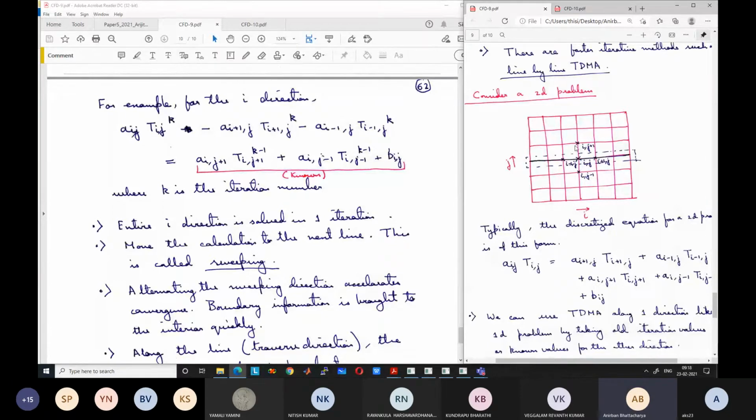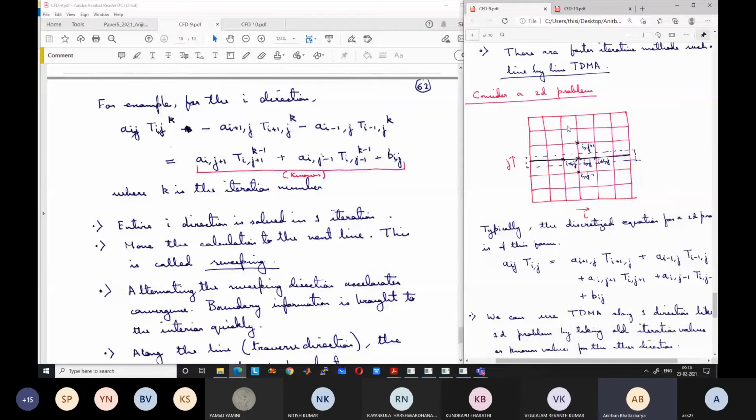For the next iteration, typically what is done is that the direction is changed. Okay. So instead of taking the horizontal line, we take the vertical line. I will discuss why this is the case, but we typically take the vertical line and we start with the first column here, then the second column, third column, fourth column, like this. Okay. For each column, we will have three unknown values for each equation, the vertical values and the horizontal values we will take from the previous iteration.